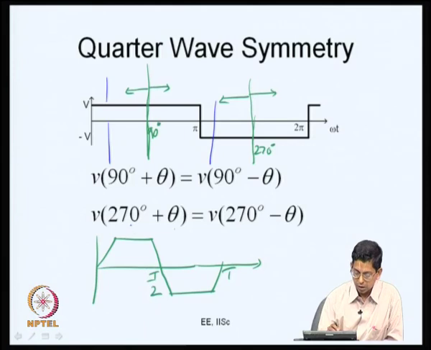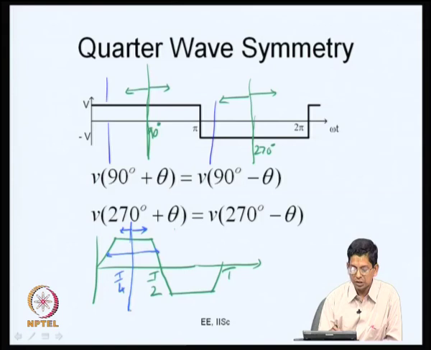This is the middle point, this is T by 4, and you go some distance to the right, go the equal distance to the left, the value is the same. So, let us say you go farther, the same, it is equal. So, it is symmetric about this T by 4 or 90 degrees. Similarly, it is also symmetric about, if you just consider one half cycle and you take the central instant of the half cycle,